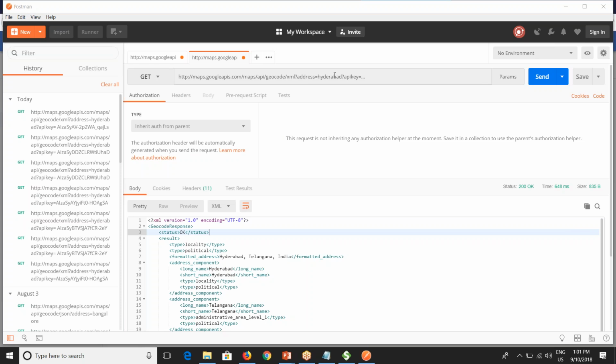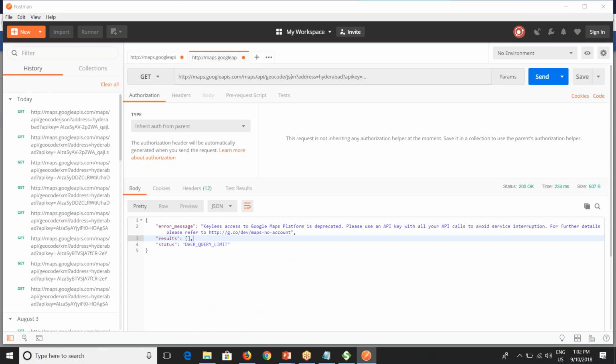See here, address equal to Hyderabad, so you've got information related to Hyderabad. And if you give Bangalore here, you'll get information related to Bangalore. And instead of XML, if you place JSON, you'll get the response in JSON format. So either XML or JSON can be provided in a single URL. You can provide the parameters as well, whether address equal to Hyderabad, Bangalore, or whichever city is required. So now that we have consumed this using the Postman HTTP client,